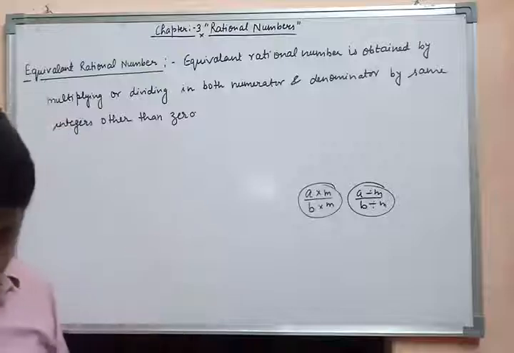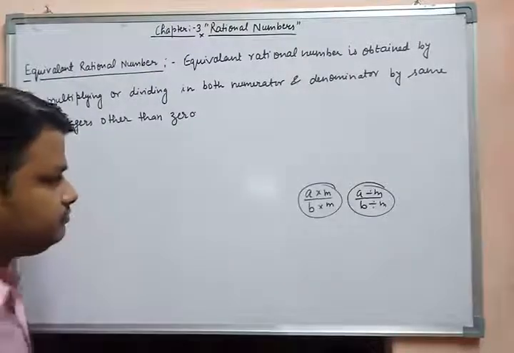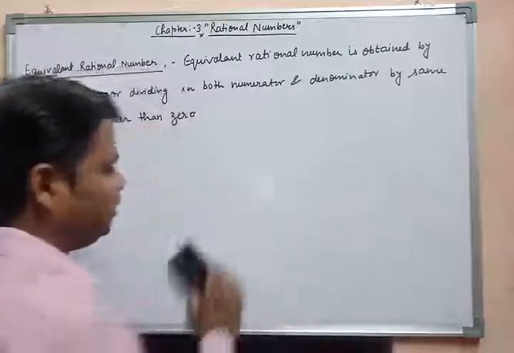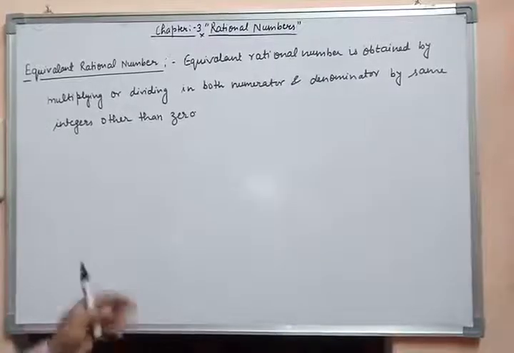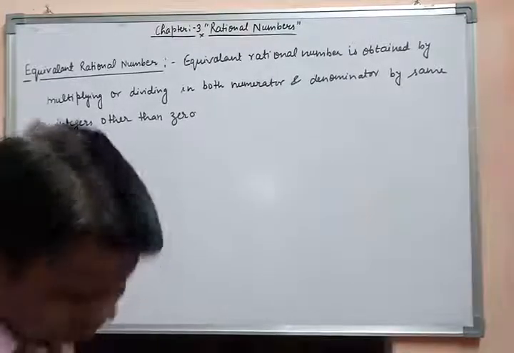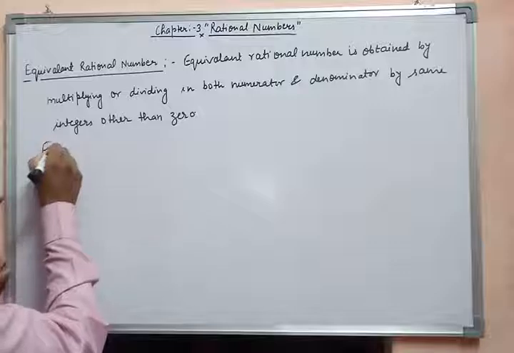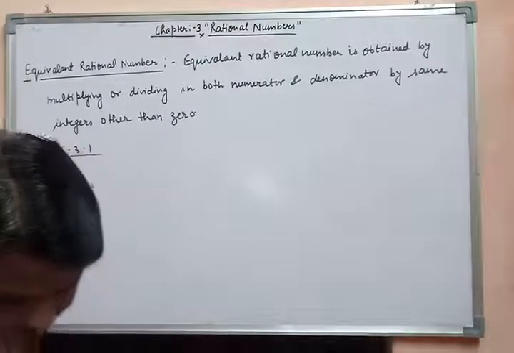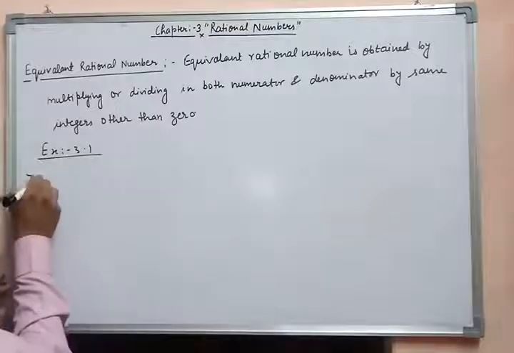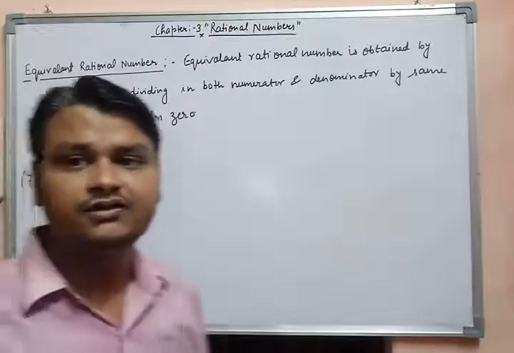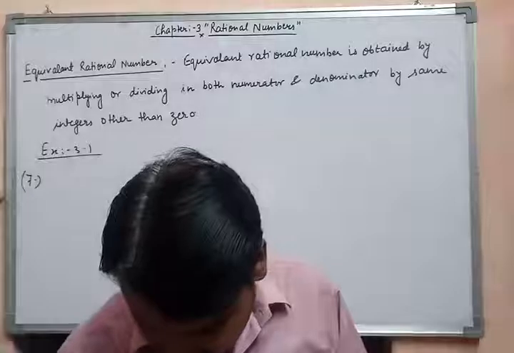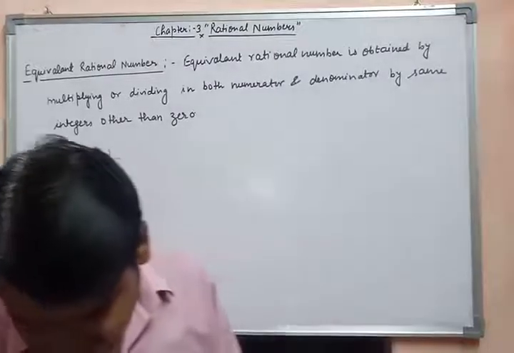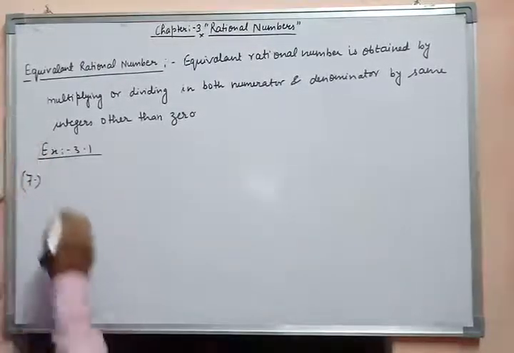Okay, so this is the definition of equivalent rational number, and in this exercise 3.1, question number 7 is basically based on the concept of equivalent rational number. You have to find 3 equivalent rational numbers for each of the following,